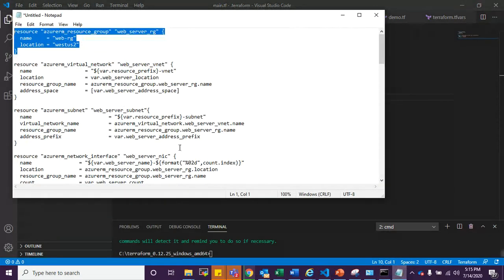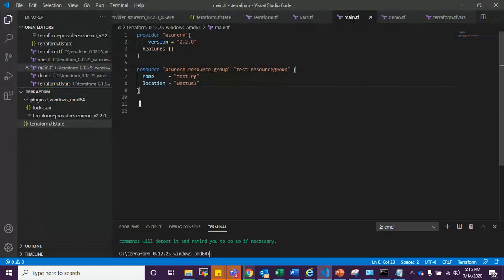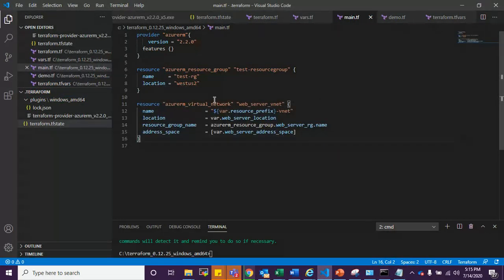Next, let's create a virtual network. This is the block for the virtual network. AzureRM virtual network is the provider. Let's give the name as web server vnet 1.